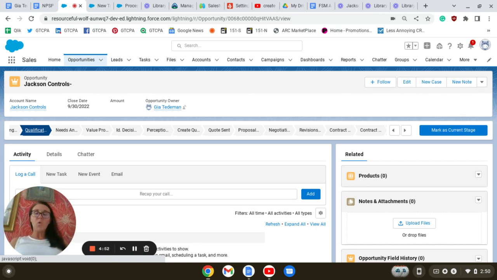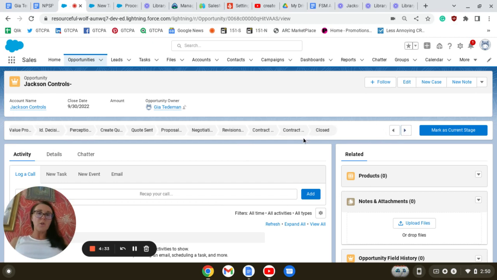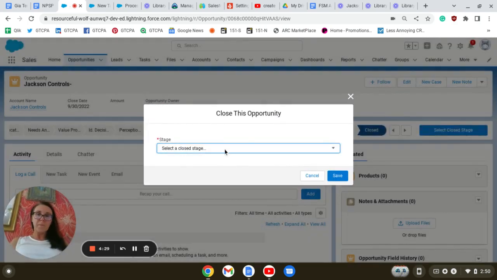In this video, I'll quickly demo how we're going to use the process builder to automatically create a task when our opportunity reaches closed won stage. Here we are on a random opportunity record and it's currently in a qualification stage. If we change it to a closed won stage,